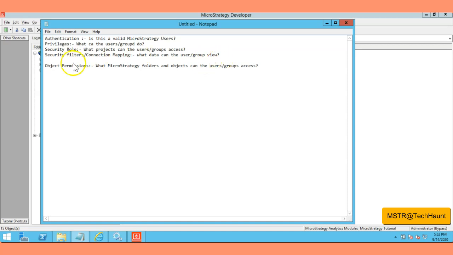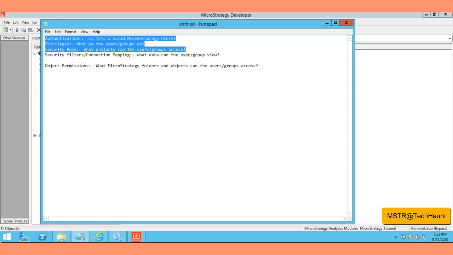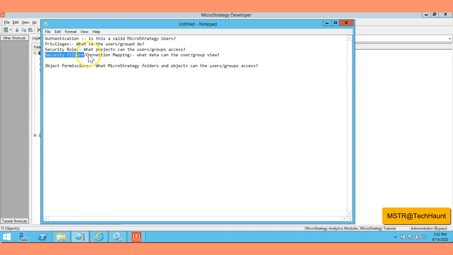So you can assign the permission at the object level. You have the security filter, security role, privileges, and authentication in MicroStrategy. At the project source level we have the groups and users, privileges, and the security roles. All these three are at the project source level. At the project level we have the security filter and the connection mapping, and the permissions are at the object level.